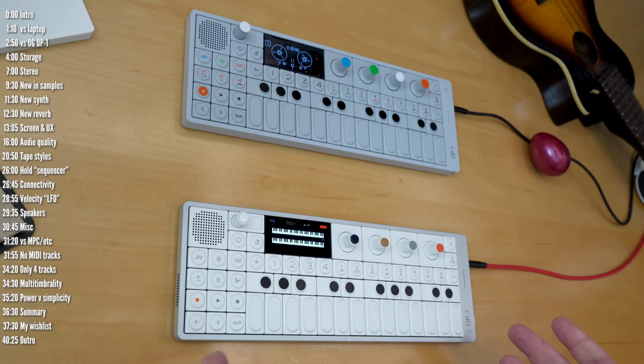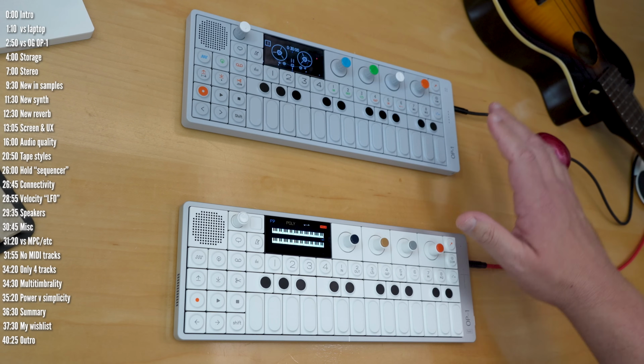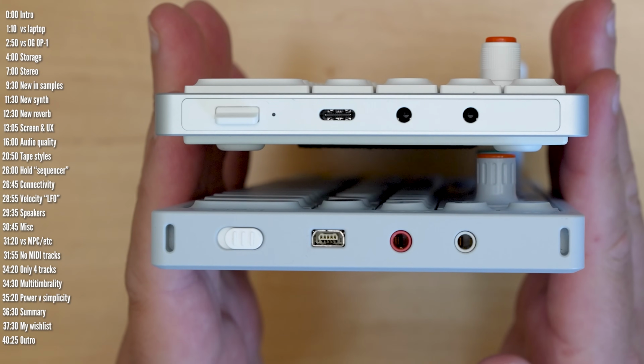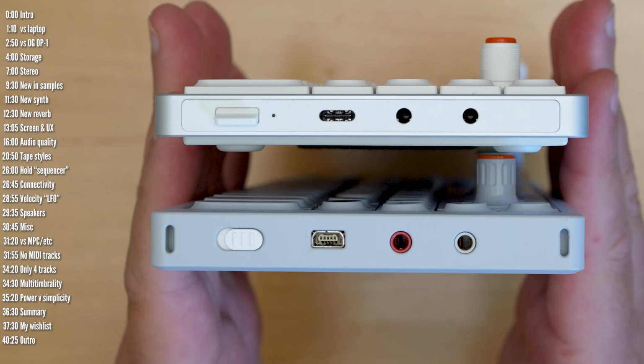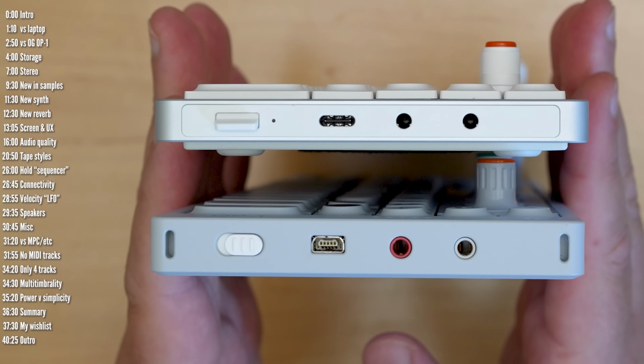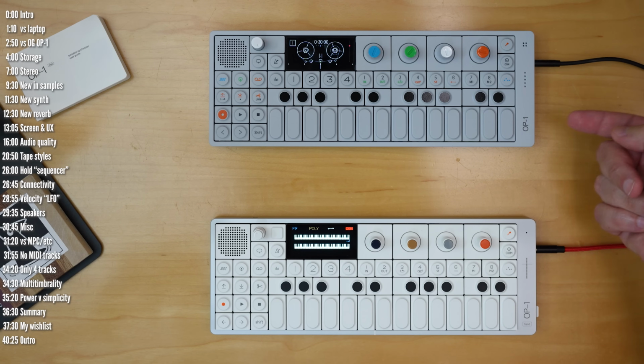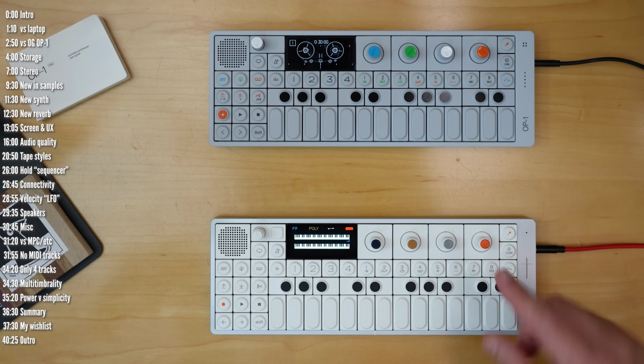Let's move on to more differences in terms of connectivity and interfaces to the outside world. They seem similar, but there's more under the surface. Both have an analog stereo input and output, but the headphone port on OP-1 Field also accepts headphones with a microphone. Both have a USB port for charging, MIDI, and stereo audio. Mini USB on the original OP-1 and USB-C on the Field. And since they send audio back and forth, you can, for example, plug in a computer or iPhone and sample